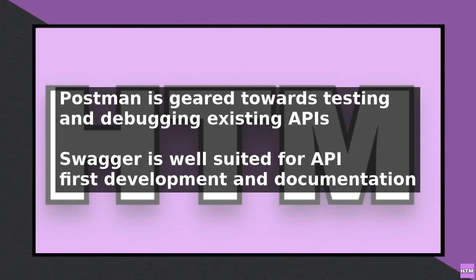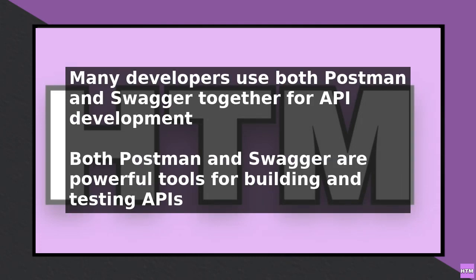In practice, many developers use both Postman and Swagger together. For example, you can use Swagger to create API documentation and then use Postman to test and debug the API. This approach allows you to take advantage of the strengths of both tools and ensure that your APIs are well